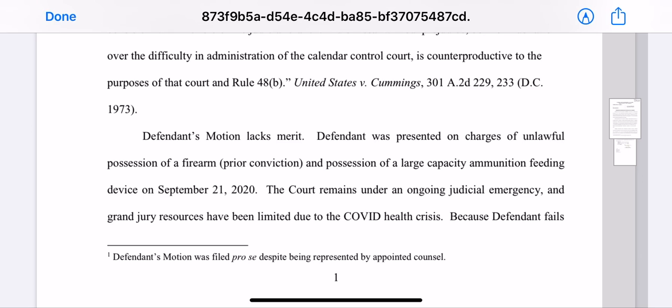So basically you're saying that in order to prosecute you and send you to jail, you want us to bring 24 people together in DC and harm their life and their health with COVID-19 just to prosecute you. No, our reason is reasonable. So we're going to file this motion back against you. And that's what the prosecutor did the next day. He didn't take 14 days. He